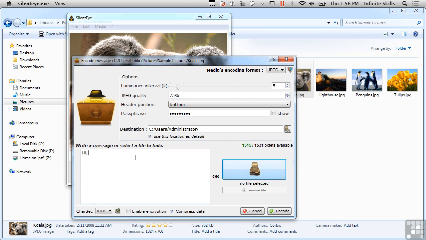So I could say, hi, this is a message I want to encode. So not very exciting, but I can actually store this message inside this file. So I'm going to say encode, and I'm going to store that inside of the directory